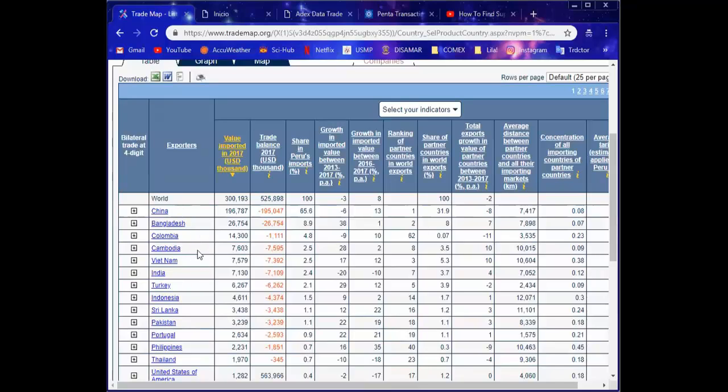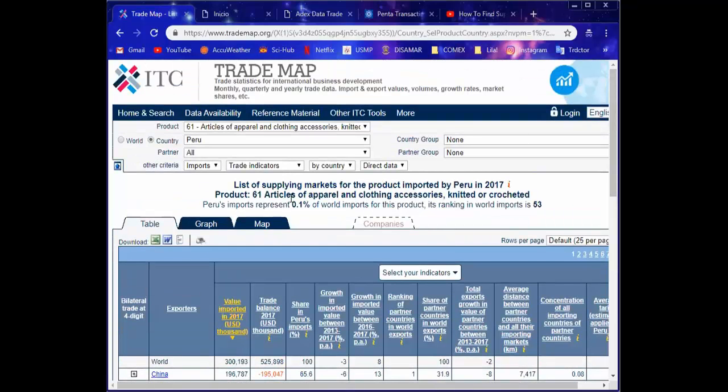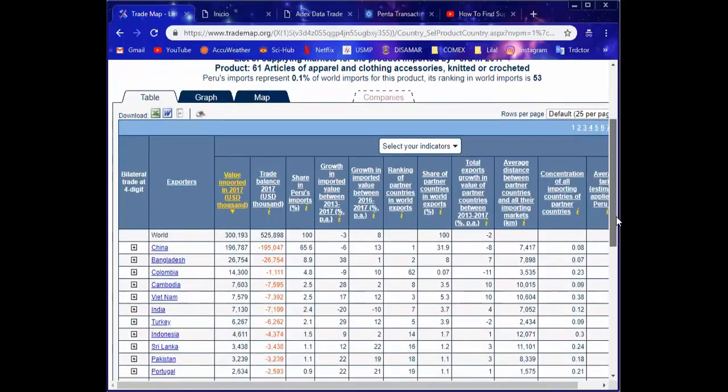These are the top, okay? If we're going to import products from chapter 61, which in this case is articles of apparel and clothing accessories, knitted or crochet, in this case clothes, it means that we import from China and Bangladesh, the two most exporting countries.